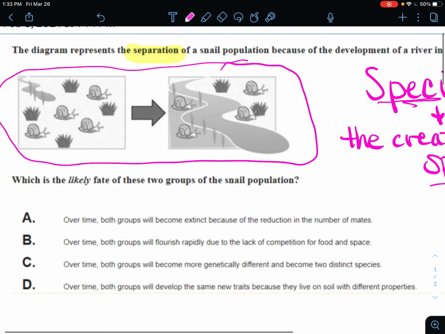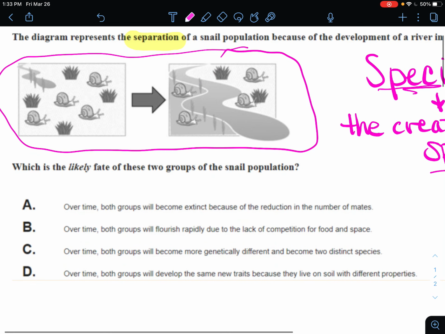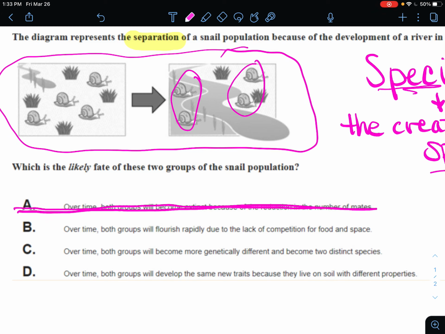Now, let's look at this picture up here. None of these snails look lonely to me. This snail could totally mate with this snail, and this snail could totally mate with this snail. What's wrong with that? Again, they cannot cross the river to mate. So this snail cannot go over here, because snails can't swim. That's just ridiculous. So these guys can definitely reproduce together though. So this isn't even really true. I don't really see how that would be a problem. So let's just scratch out A.